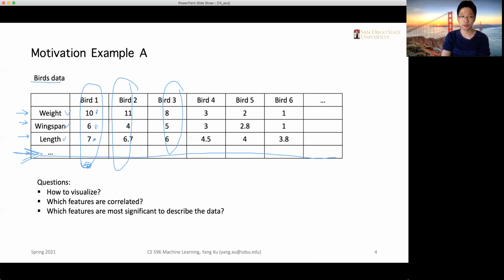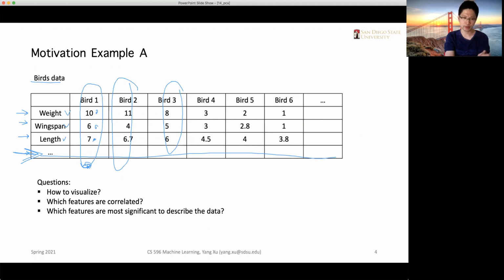And it should also be positively correlated with the weight, right? Basically speaking, if you have a longer wingspan, the bird should be heavier, right? So all those features are not totally unrelated, but they're more or less correlated with each other, right? So in this case, when we have multiple features that are correlated, then it is